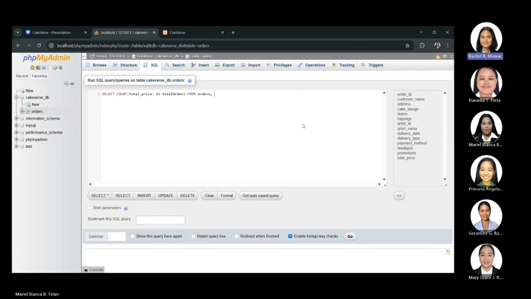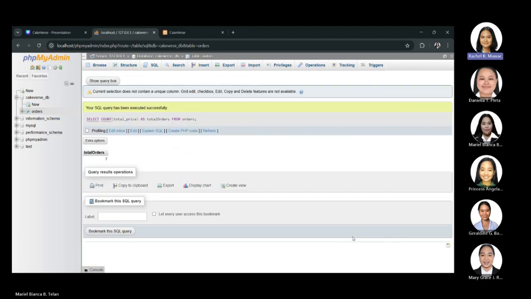So in our orders table, we will be using the value total price for our queries. Now, the first function, which is the count, if we do select count total price as total orders from orders, it will count the rows or the values that are not null in our data set. And as shown here, we have a total of 7 orders. If we were to count all the values, including that not null, we can replace total price with an asterisk